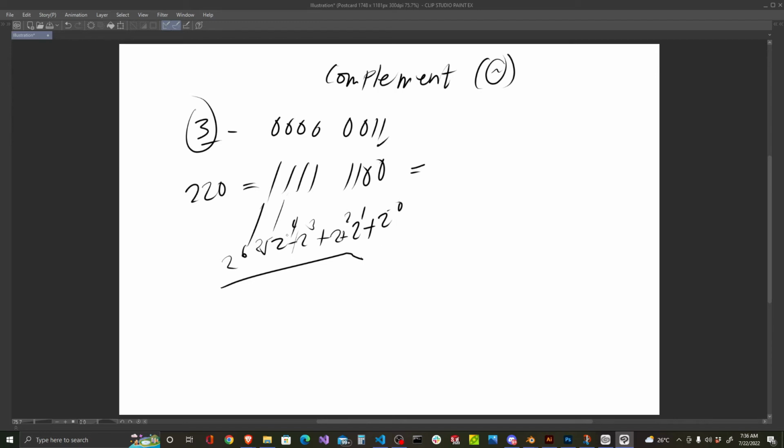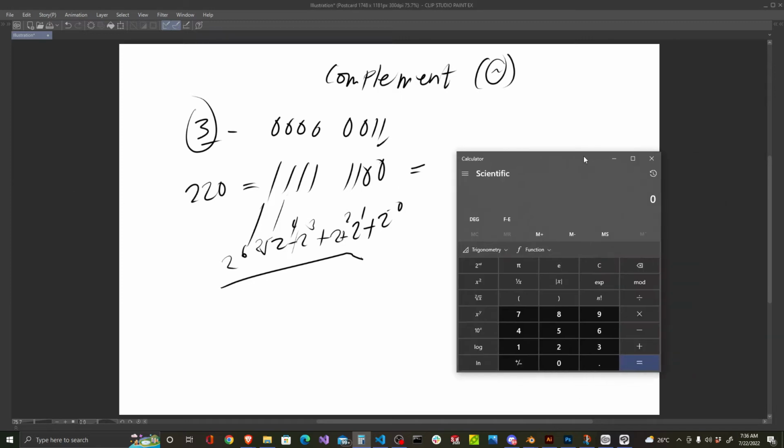When you add all of these, we're gonna use the calculator for this. 2 to the power of 6 is equal to, sorry guys,